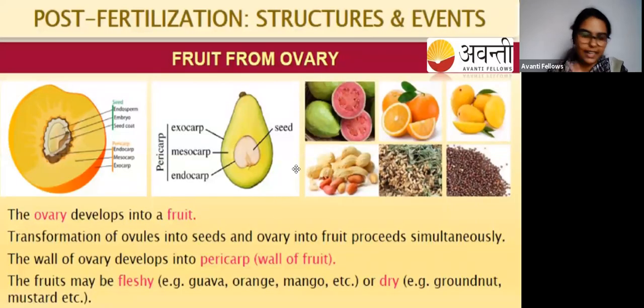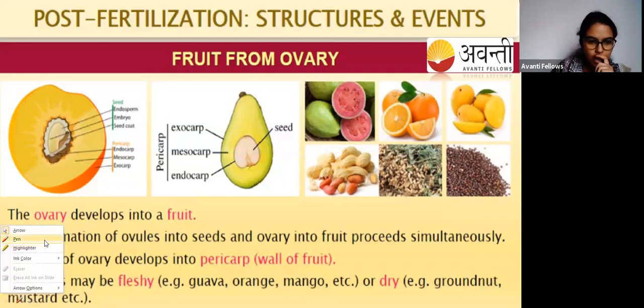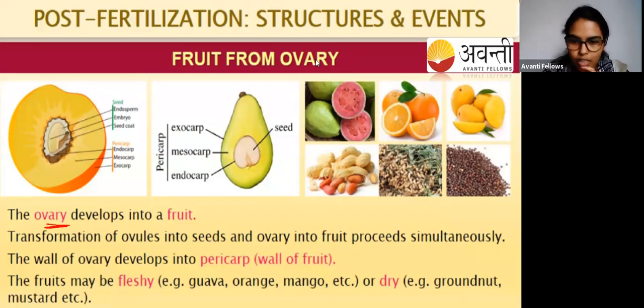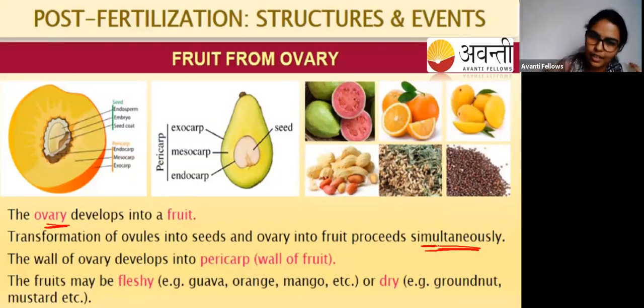So now let's understand how fruit is obtained from the ovary. Till now we studied how ovule से seed आया. So here ovary develops into a fruit. That is definitely true. Transformation of ovules into seeds and ovary into fruits proceeds simultaneously. देखो बेटा, ovule grow होते रहता है into seed and eventually, simultaneously, ovary is also developed